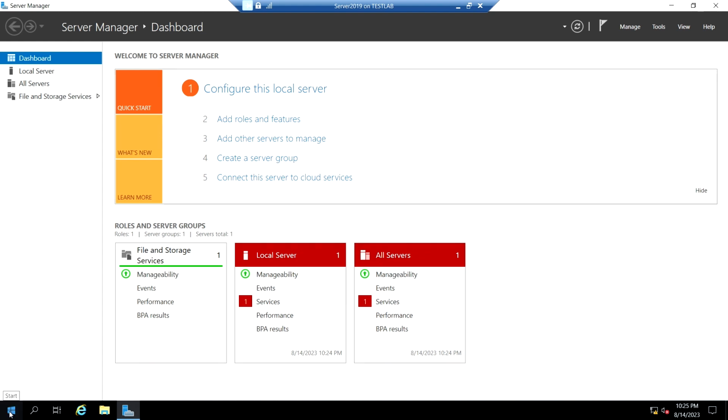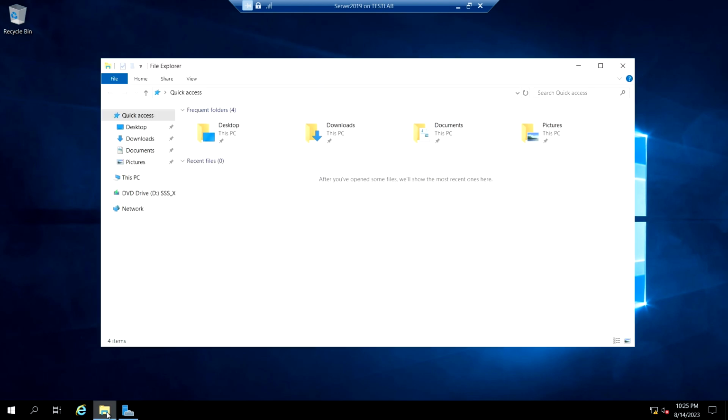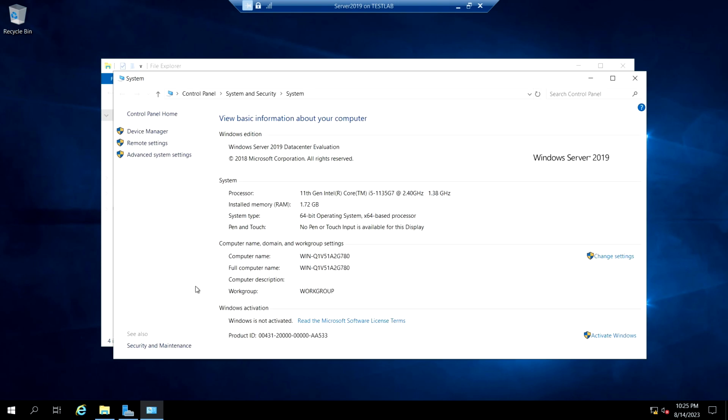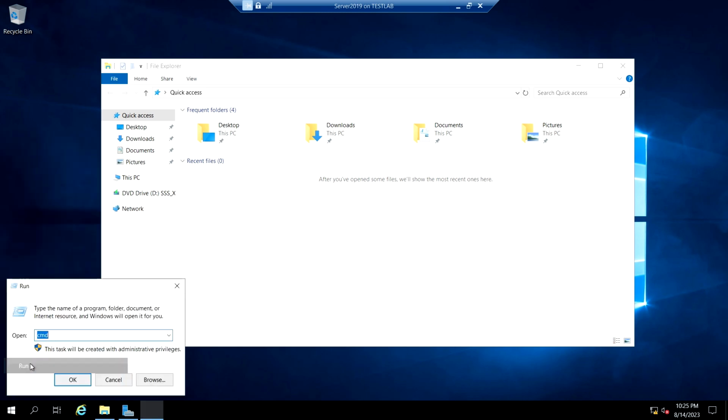First things first, we also have to configure the hostname, because if you see, it is showing a randomly generated hostname, I believe. After installation it has taken a random hostname. So we will configure the IP address as well as the hostname of this server. Okay, so start, run